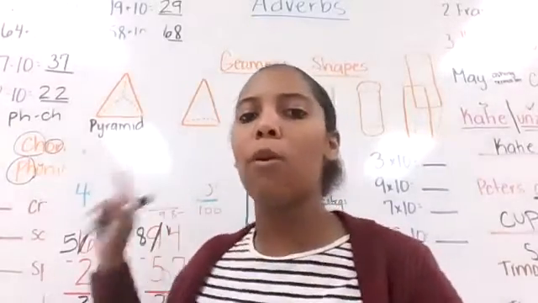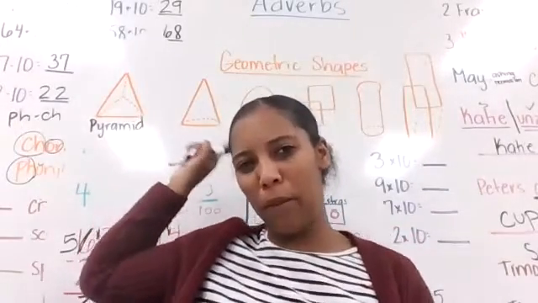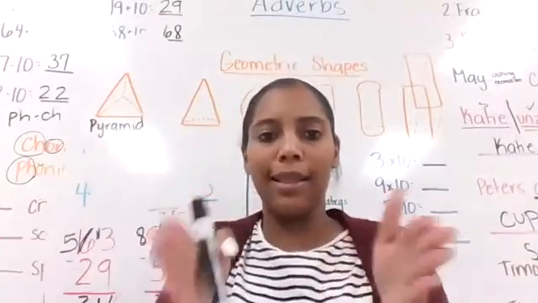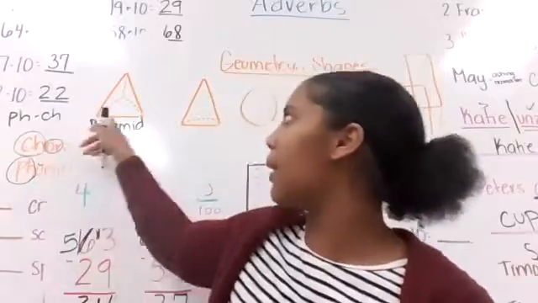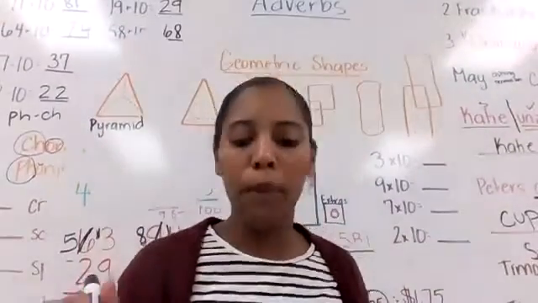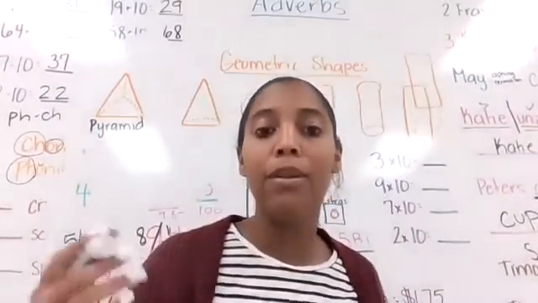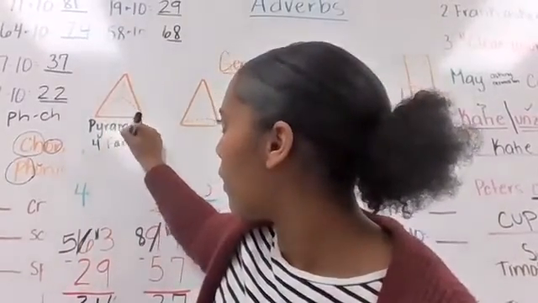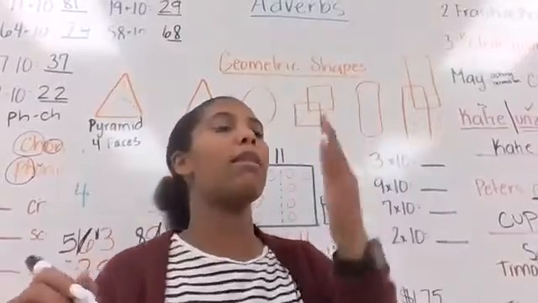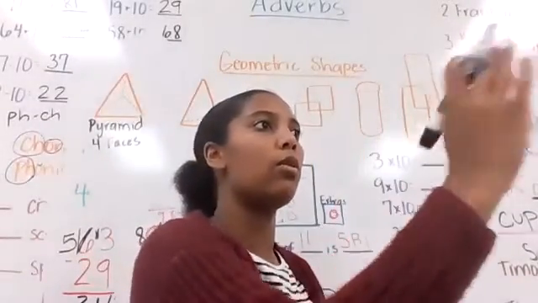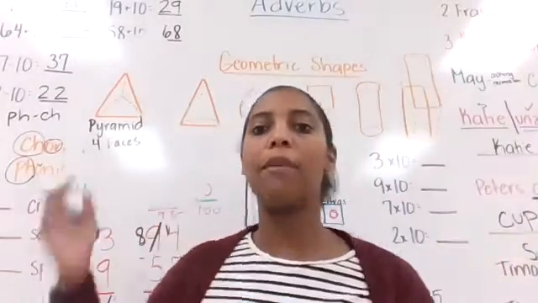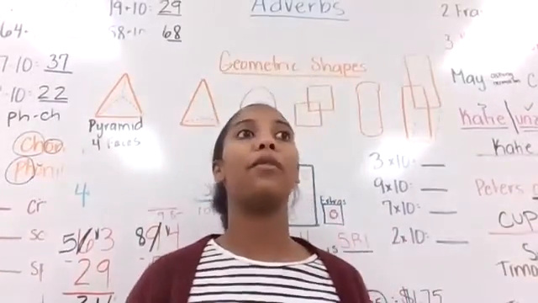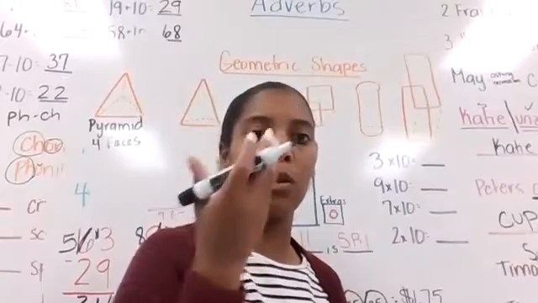So when we look at the pyramid, what shapes do we see that the pyramid is made from? A triangle, and then it has that square bottom. You can't really see it here, but it does have a square bottom. A pyramid has a total of 4 faces all around it because it's 3D. So you have 1, 2, 3, 4. Of course, I'm drawing it, so it's not going to look exactly like it, but a pyramid has 4 faces. You have 4 sides to a pyramid.